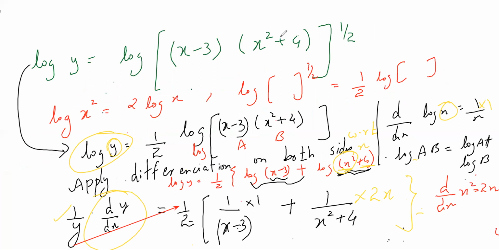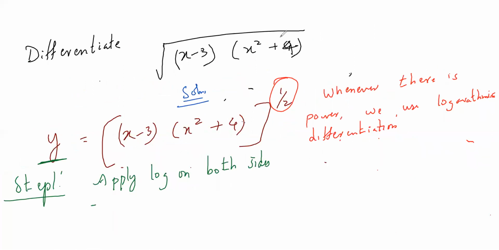So once again, I'll repeat this question. I'll repeat this thing, how to do it. Okay. So guys, 1 minute, I'll finish off the entire thing. Square root has come, which means power of degree. If power of degree comes, what should I use? Logarithmic differentiation, correct? So I understood I had to use logarithmic differentiation. Why? So what I'll do first, I apply log on both the sides. So this will become log y is equal to log of this value whole power 1 by 2.